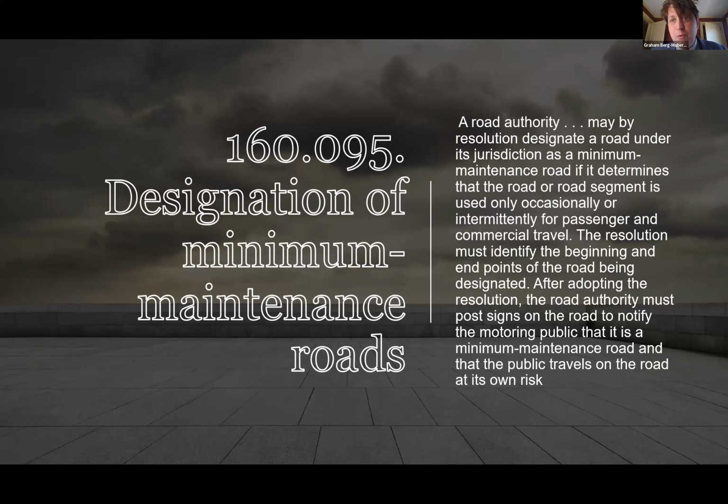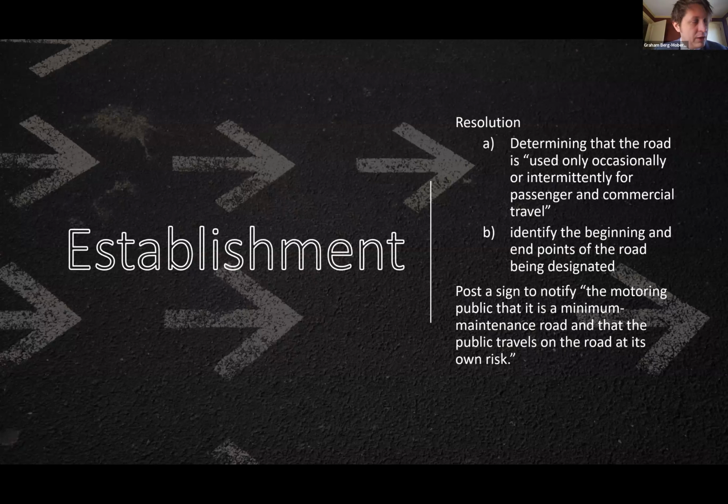So the idea here is, we're going to allow a lower amount of spending on the theory that that's going to create more access, particularly to rural places in our state. And so, big picture here, they can be maintained at a lower level than other town roads. And then we have this potentially serious advantage of liability limitation for us, for our employees, and for our townships. But of course, these things only apply if we do it properly. So let's take it from the top here.